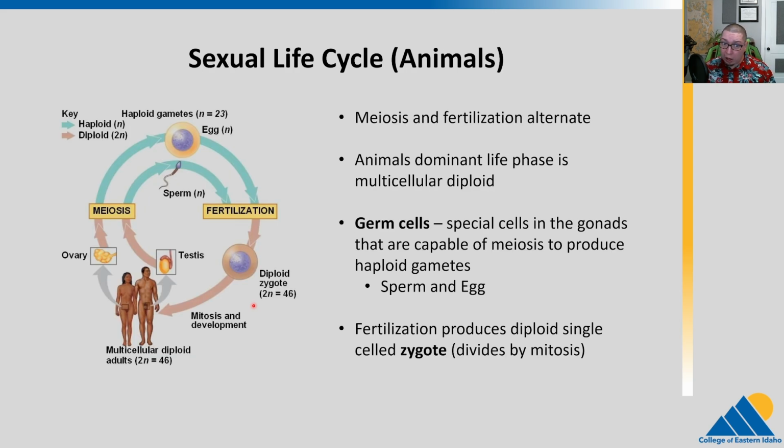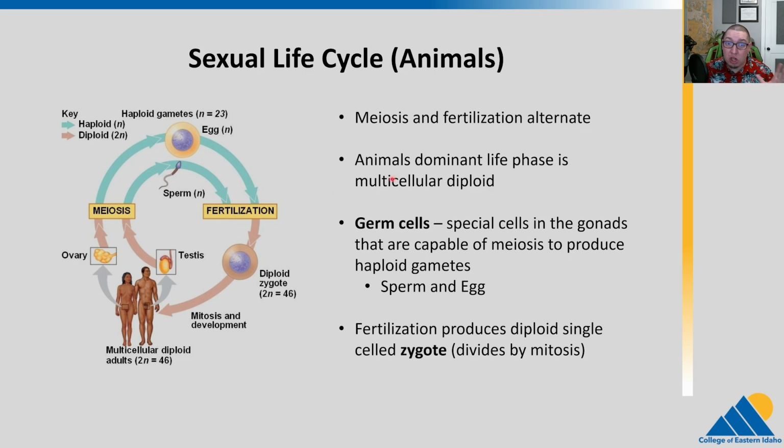So sexual reproduction is enabling rapid changes in that genetic material, in the combinations of genes that are in there. So the sexual life cycle, like I said, meiosis is key to that. We have recombination, independent assortment, producing the gametes, which will then fuse. So meiosis and fertilization will alternate in animals.